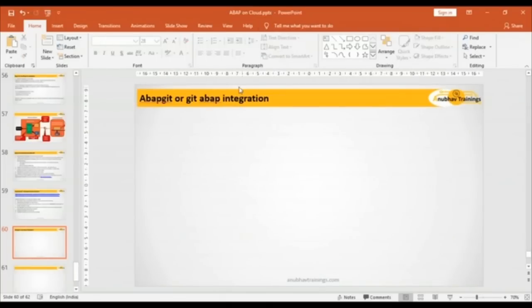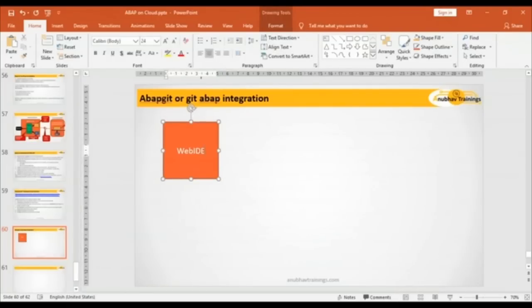That's what it's called. So what exactly does ABAP Git integration do? Guys, SAP has not designed everything all over again. SAP still has the concept of packages where you store your objects, lock them in a transport request and send it. But the main advantage of ABAP Git integration is, for example, you are using Web